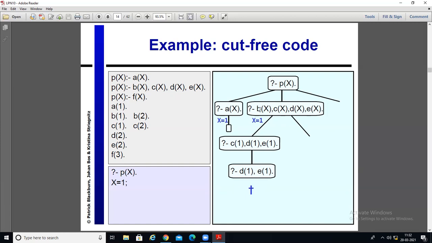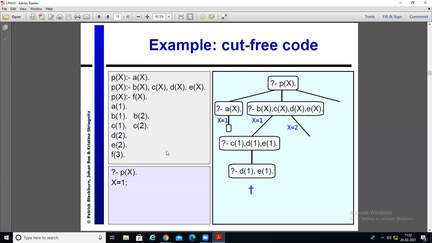Are you getting this? First of all it will take b1, so x equal to 1. Then it will check: c1 is available, d1 is not available, e1 is not available. As it is an AND operation, it will be like 1 1 0 0, so it will fail. So value 1 is not satisfied. Now for 2, what will happen? Then next what will happen?